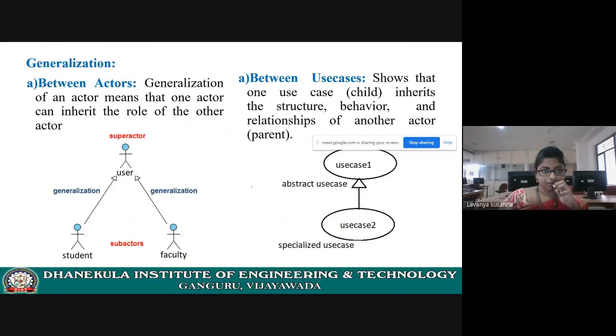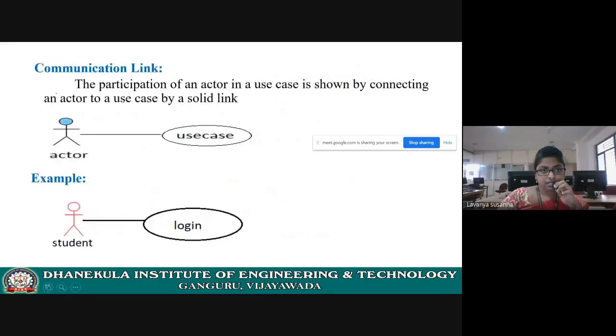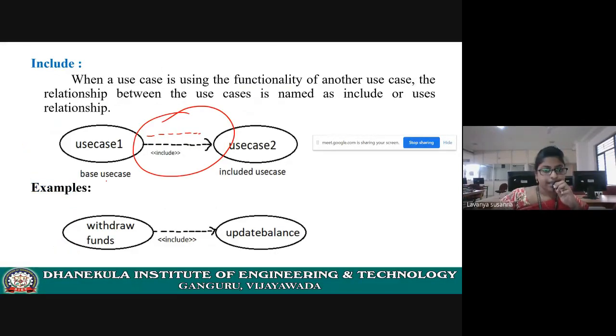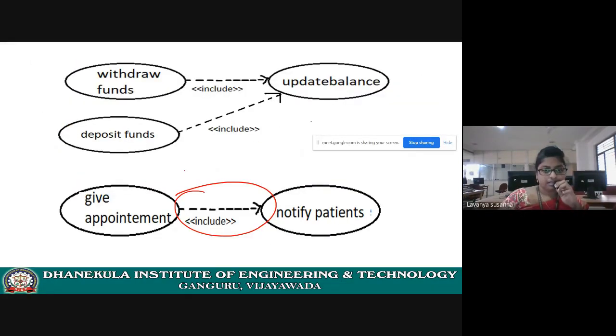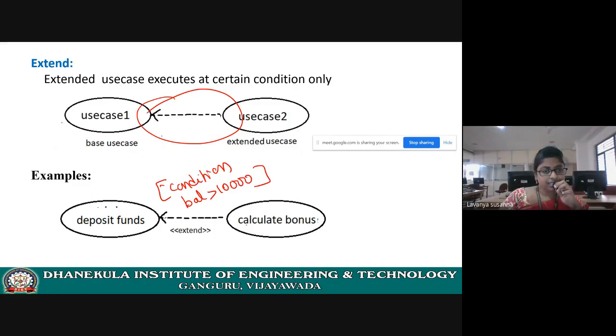Next, generalization. Already you know what is meant by generalization, right? What you need to observe is that the communication link will be between actor and use case. Remember that. Next, the include relationship will be between use cases only. Next, the extend relationship will be between use cases only.